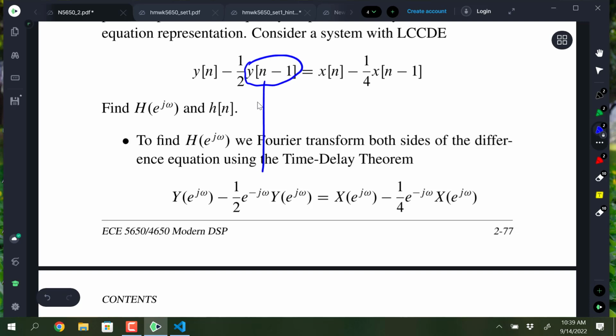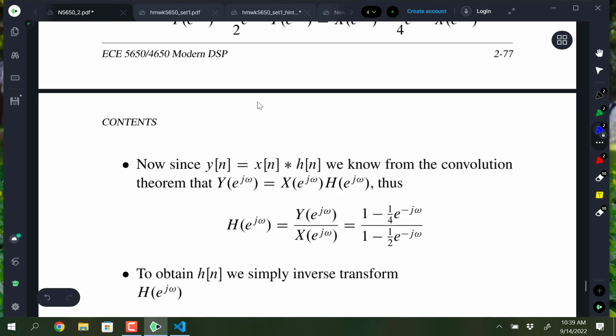this right here transforms into that. So you get the Fourier transform of y of n, which is Y of e to the j omega, and then the one sample delay kicks out the e to the minus j omega. And when you Fourier transform both sides of a difference equation, operationally, you don't know what these Fourier transforms are. You just know operationally that little y becomes big Y with now a phase shift factor. You can factor the Y of e to the j omega and X of e to the j omega out, and the ratio of those two is equivalent to